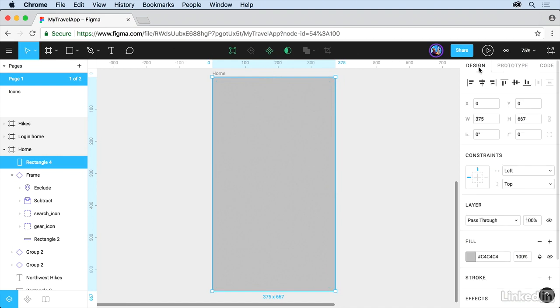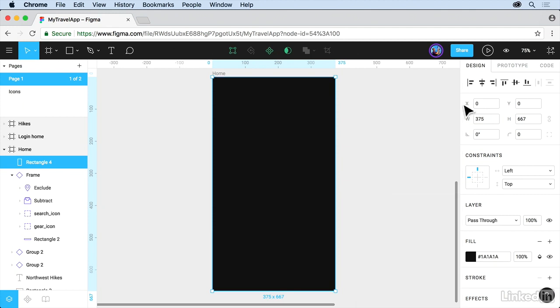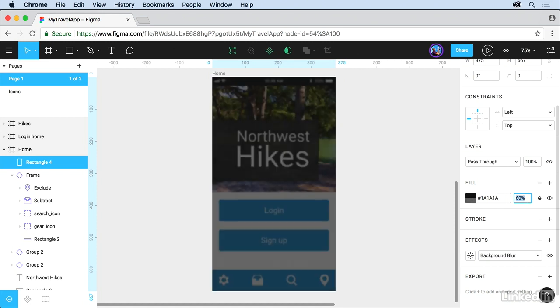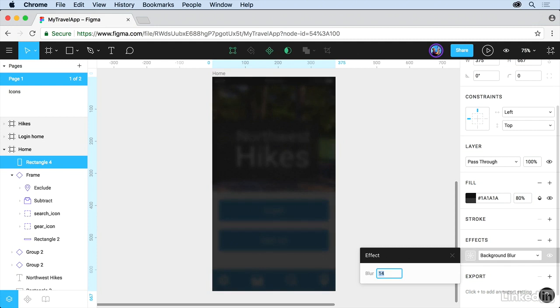You're going to wind up going back and forth between design a fair amount and prototype. Come to fill here, and let's maybe choose a darker gray. And then let's apply an effect. Come to effects, and you can see we've got a lot of effects. If you click on the plus, we can add a drop shadow if we want. We can do things like layer blurs, inner shadows, or background blurs. So if you choose background blur, it's going to blur everything behind it. Now, we need to change the fill transparency here to something that's lower. So I'm going to press the Shift key and use my arrow keys down. And you're going to see it's going to do a little bit of blur back there. Now, how much blur depends on our effect settings. So if you click on this little icon here to the left of background blur, you can change the blur amount. So we can make it more blurry, less blurry, that kind of thing.